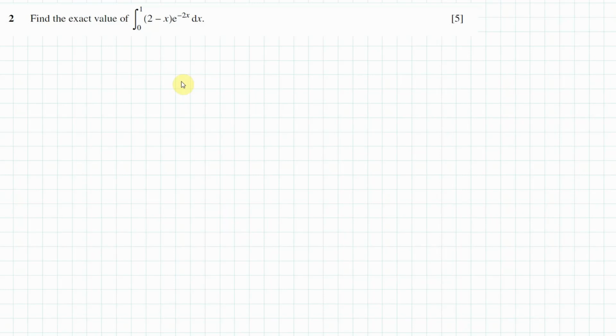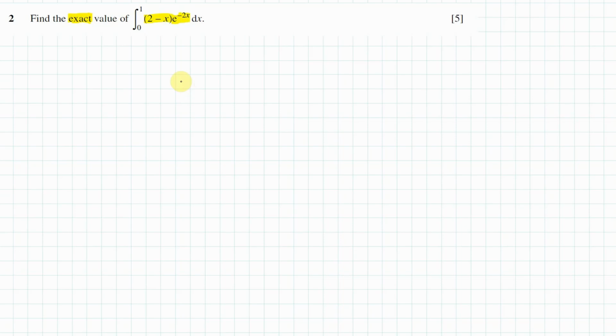Well team, we'll continue on our work through the exam. This time we're going to look at question 2. Find the exact value, which is important. Don't give a rounded figure, you're going to need to give the exact figure. This will be in terms of e, as you can see from the question. And it's the definite integral, with limits 0 to 1, of (2 minus x) times e to the minus 2x